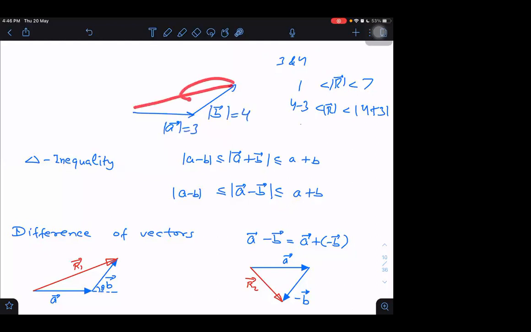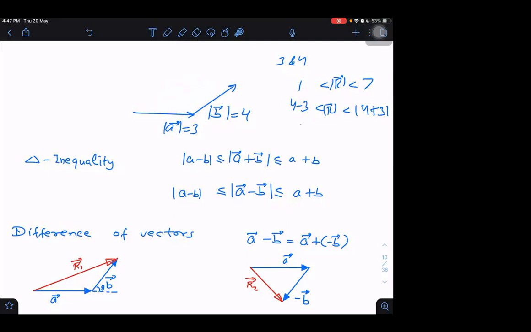Then the third side will be having length which is less than the sum of these two sides. You know that already from triangles. It is nothing about vectors. It is about the sides of the triangle. You know that or not? Yes, sir. The third side will have length which will be less than the sum of the remaining two sides, but it will be greater than the difference of the two sides. What is the difference of the sides here? 4 minus 3. That is 1. So the minimum possible value of this length will be 1, and the maximum possible value of this length will be 7.